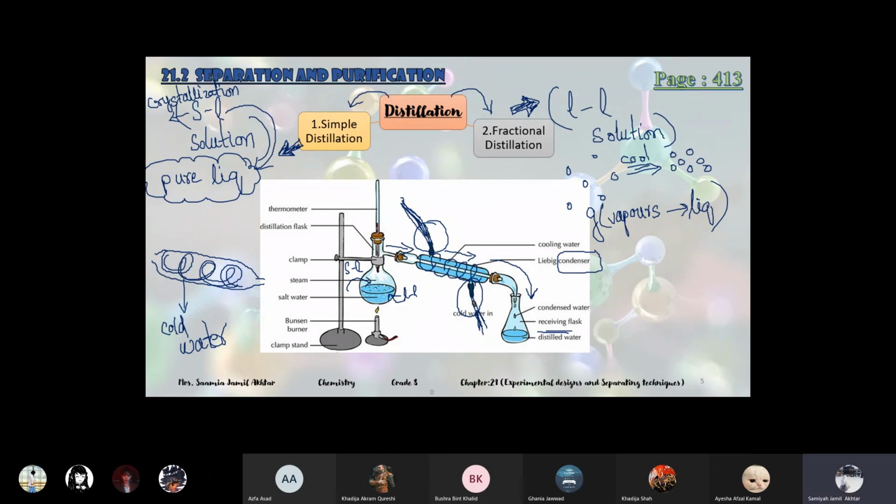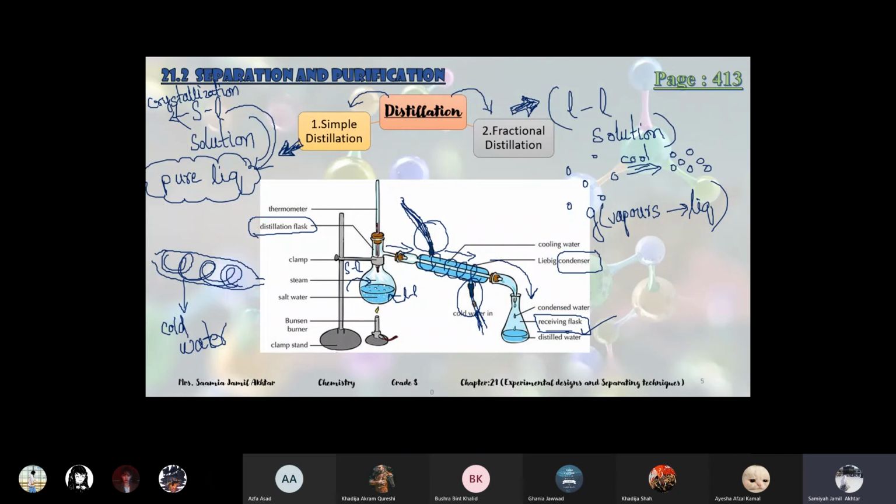The first flask, this round bottom flask, has a special name, distillation flask. It is also known as round bottom flask, or distillation flask. And this flask over here is the conical flask, or it is also known as receiving flask.